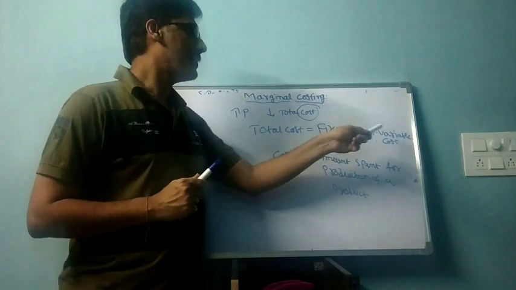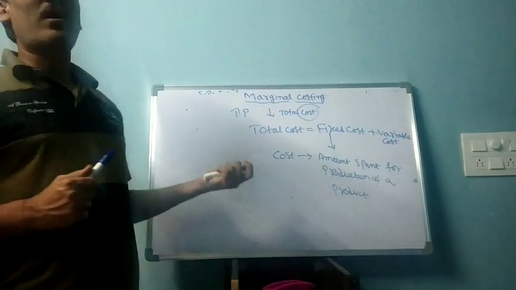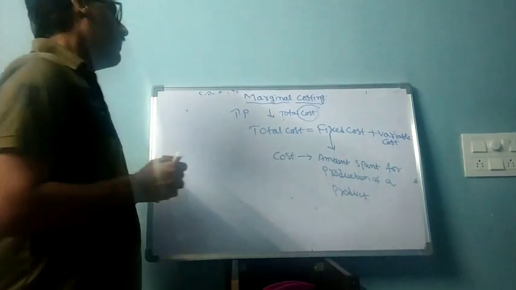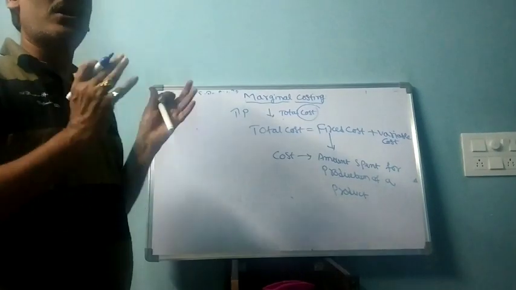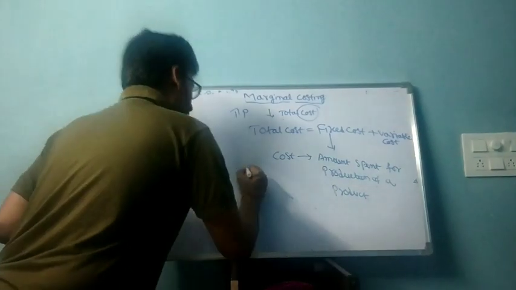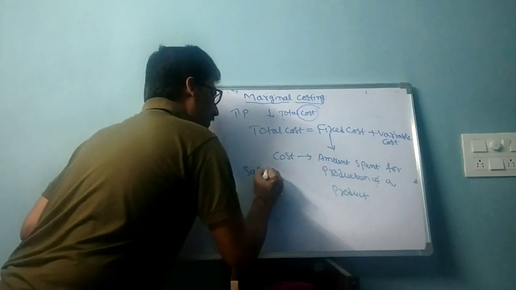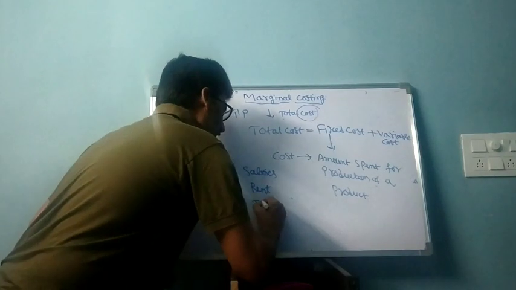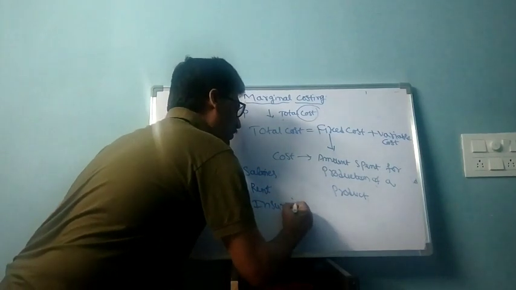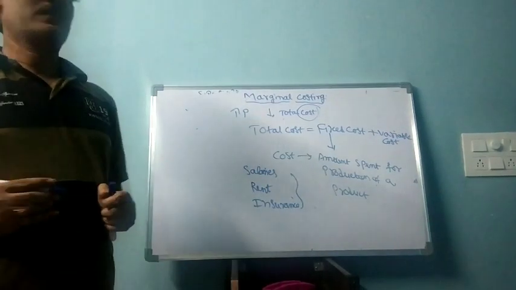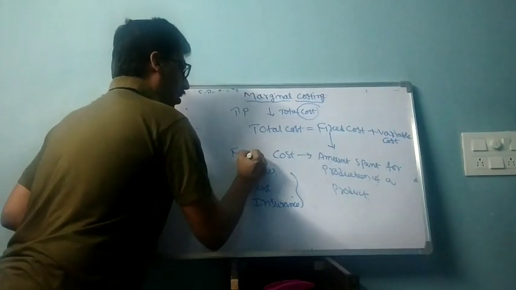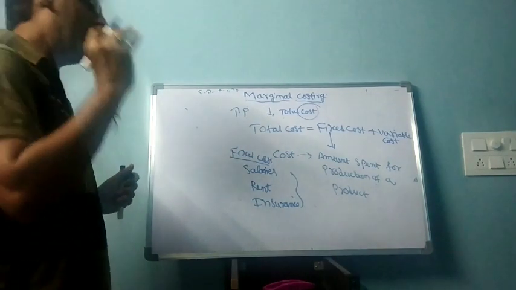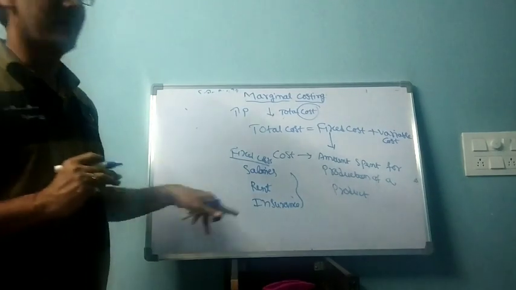Those are fixed cost and variable cost. Fixed means what? Constant. It is not going to change along with the output. Irrespective of your output, this cost should be incurred. What are the costs? Salaries paid to the staff, rent paid for the building, insurance. These are all costs that are not going to change along with the output. This all comes under fixed costs. Even if you do not produce anything, for zero level of output, this cost should be incurred.